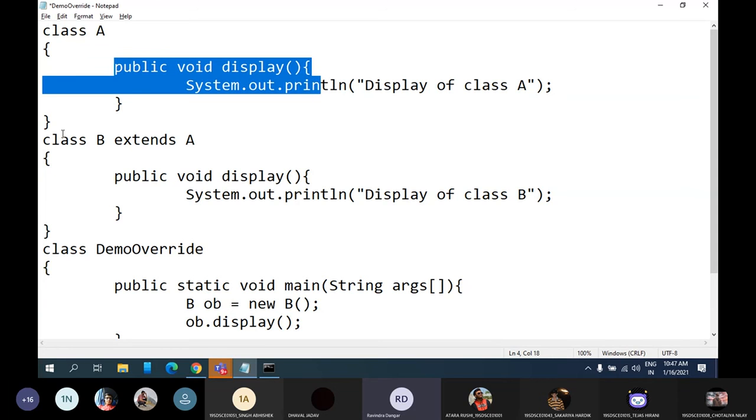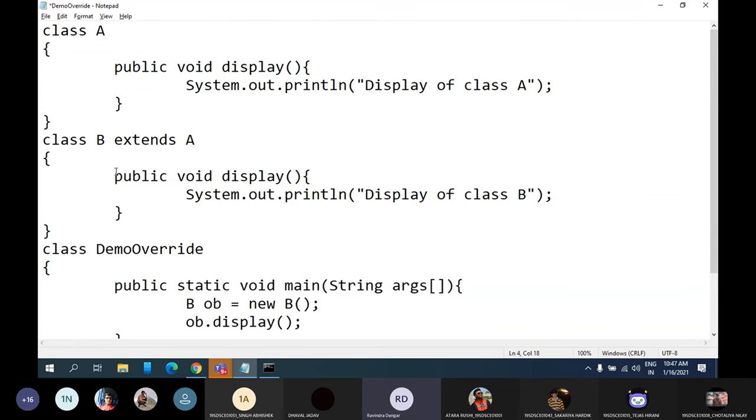At runtime, when it will go for finding the methods, at that time it will realize that it will call the method of subclass only. And that is why it is known as runtime polymorphism. If you remember in the initial 2 or 3 minutes, I said method overloading is known as compile time, while method overriding is known as runtime. Fine.